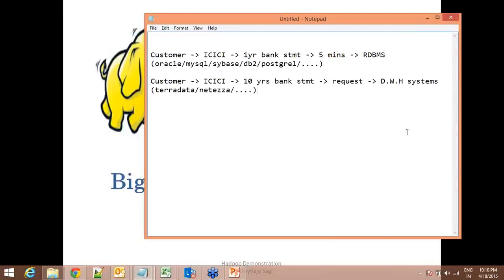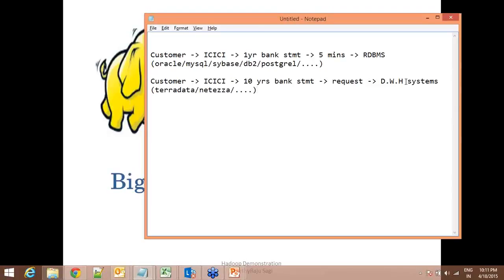The warehouse systems normally have batch jobs. Batch jobs mean scheduled jobs. Once the request comes, they cannot process it immediately. The request will be kept in a queue, and the jobs will run periodically. That's what we say: a batch job is nothing but a scheduled job. They don't run all the time. They run periodically based on the scheduling time, like once a day, once an hour, or maybe twice a day.